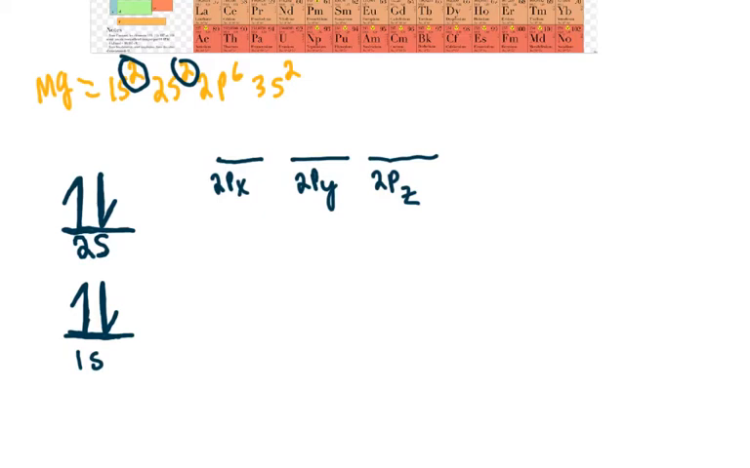Remember we said each subshell can fit 2 electrons, and here we have 6 electrons in our 2p orbital. So we're going to have 2 electrons in each orbital, because 2 times 3 is 6. Again, we draw it the same way, except this time you have to make sure to follow